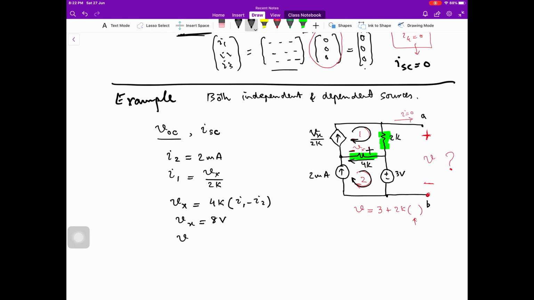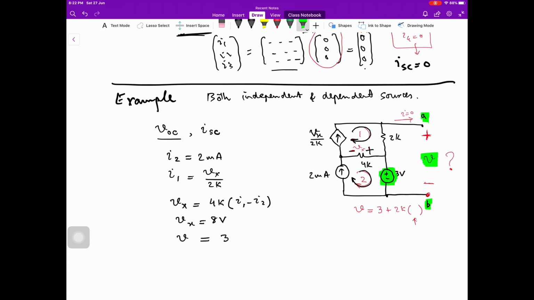And now VO is equal to 3 volt. Look at the circuit diagram again. VO, sorry, I have used V. This V is equal to the voltage rise from B to A. We follow this path, it is 3 volt, which I have written over here. It is 3 volts,